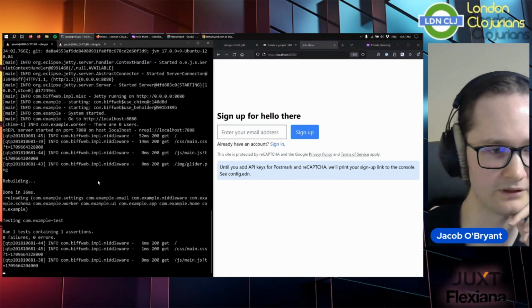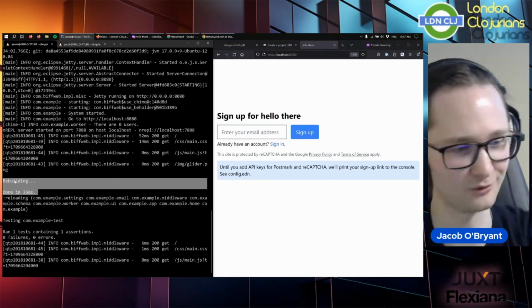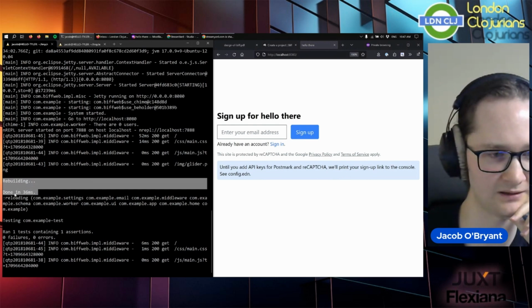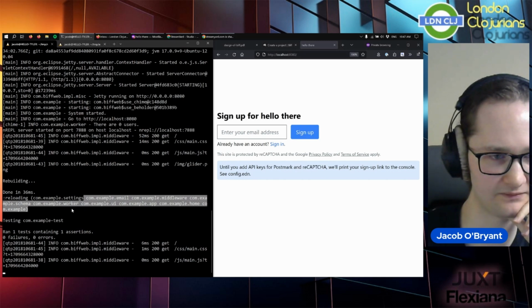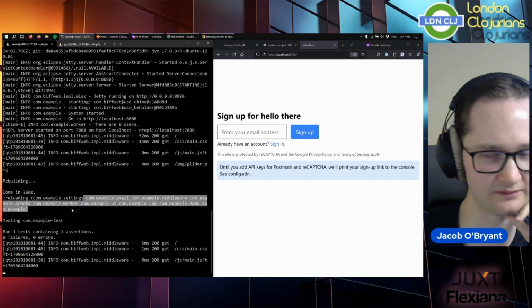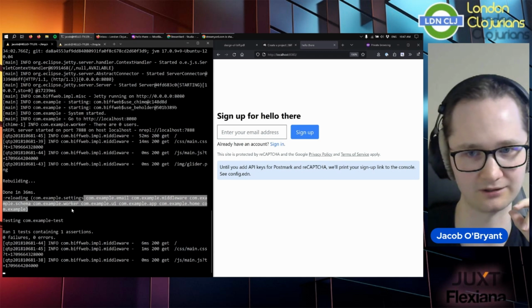So what that's doing over here is, first of all, the Tailwind watcher is also doing its own file watcher, so your CSS gets updated. And then here is the file watcher from Biff, where it says, okay, the settings namespace changed, let's evaluate that. And then let's also evaluate all these other namespaces. And then after this is all done, Biff sends a command to this web page that says, okay, refresh